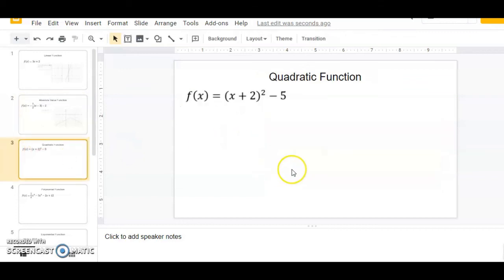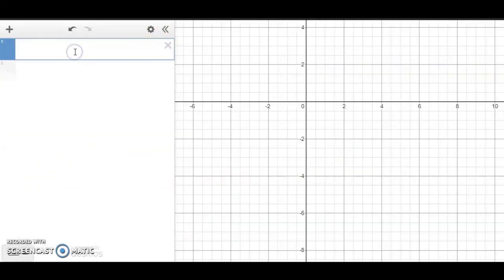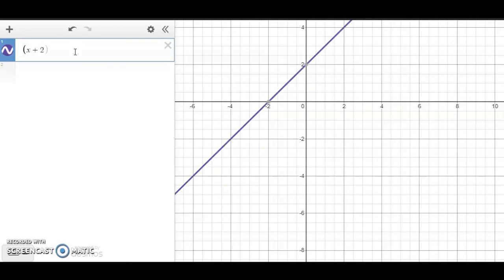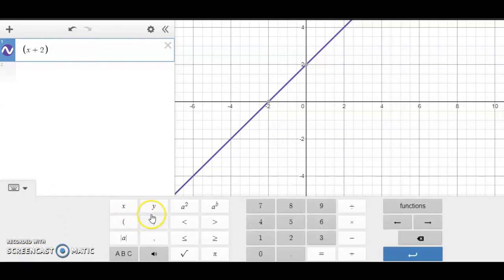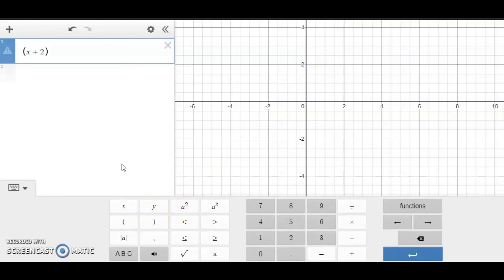All right, next one's quadratic. I know it's quadratic because it has the squared term, and it's the highest. So it could have been written as ax squared plus bx plus c. This is in vertex form, doesn't matter. If it's squared, it's quadratic. And you also know it's quadratic because when you graph it, and that was parenthesis x plus 2 in parenthesis, you can get your power down here. A squared will give you a second power. Or you can do shift 6 and it'll raise that exponent to the second power,